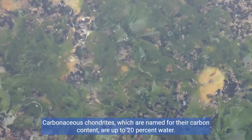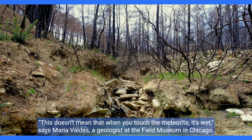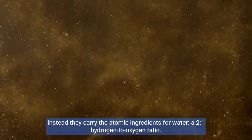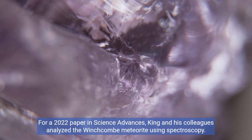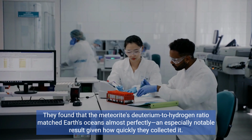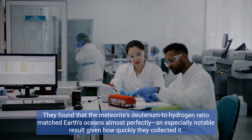Carbonaceous chondrites, which are named for their carbon content, are up to 20% water. This doesn't mean that when you touch the meteorite, it's wet, says Maria Valdez, a geologist at the Field Museum in Chicago. Instead, they carry the atomic ingredients for water, a 2-to-1 hydrogen to oxygen ratio. For a 2022 paper in Science Advances, King and his colleagues analyzed the Winchcombe meteorite using spectroscopy. They found that the meteorite's deuterium to hydrogen ratio matched Earth's oceans almost perfectly, an especially notable result given how